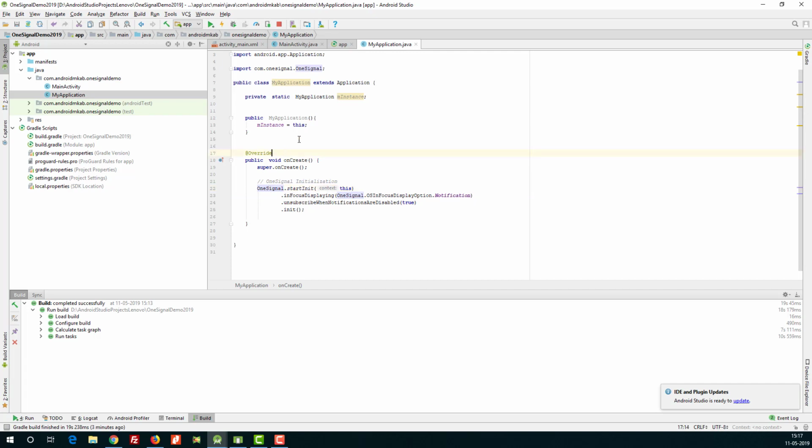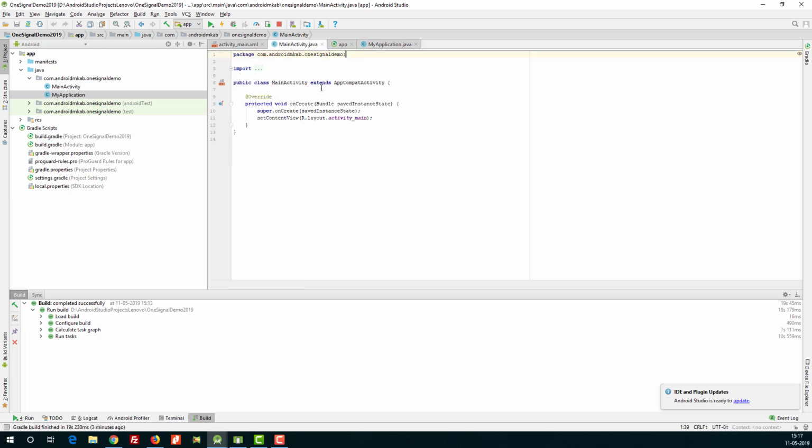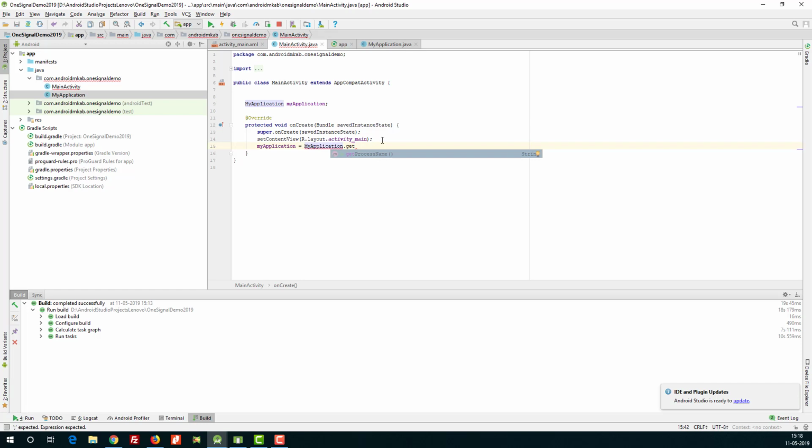That's it. Next, go to your main activity and we have to call this MyApplication here. MyApplication, go to onCreate method and add this line, myApplication is equal to MyApplication dot getInstance.